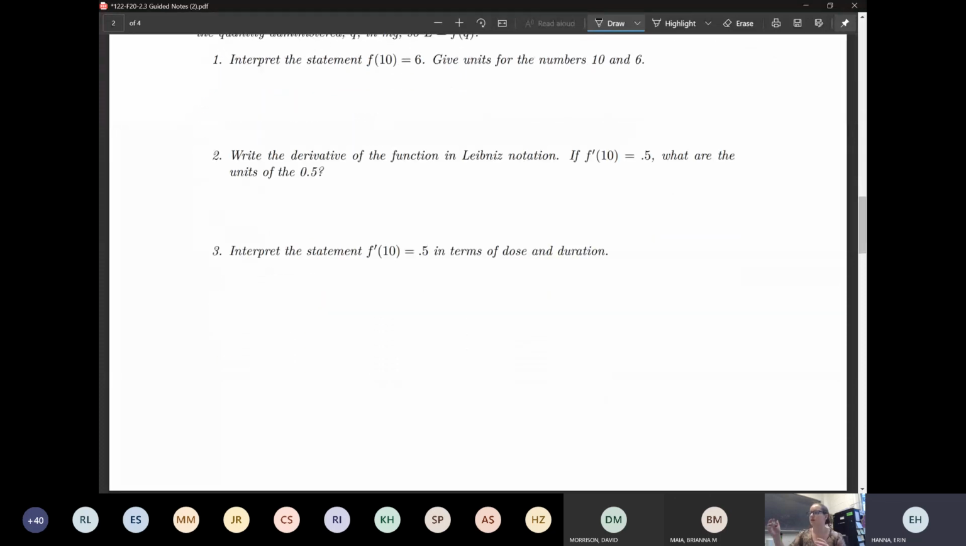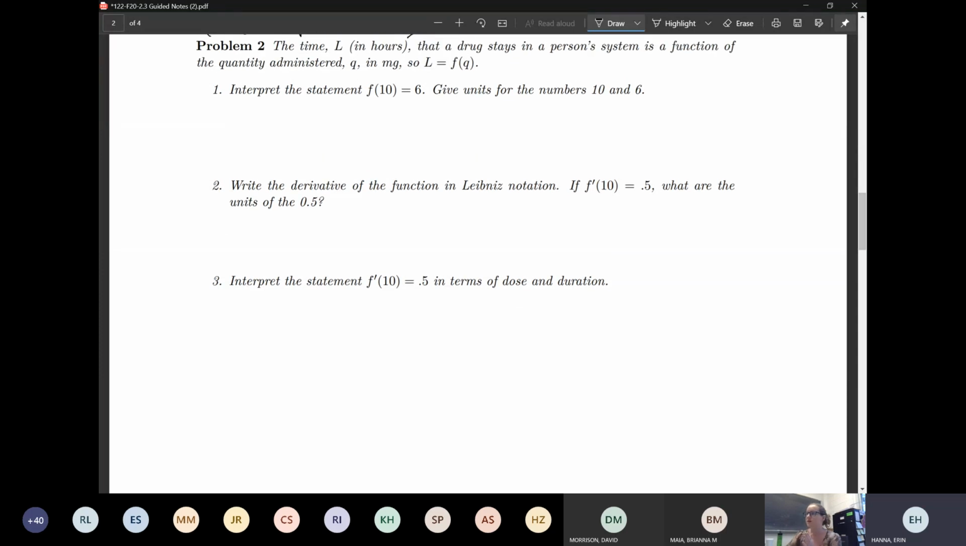So say we're given time L, in hours, that a drug stays in a person's system is a function of the quantity administered in milligrams. So L equals F of Q. Interpret the statement